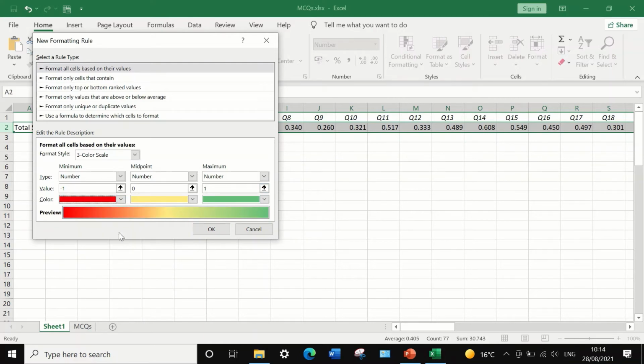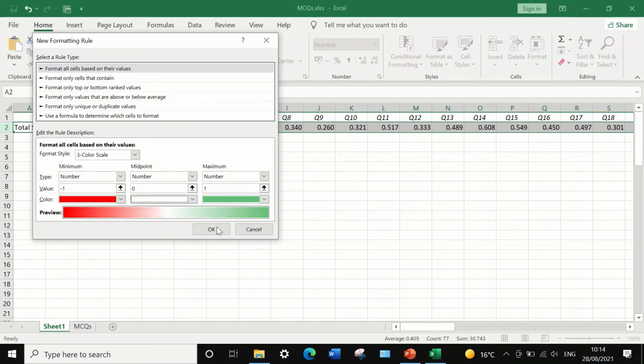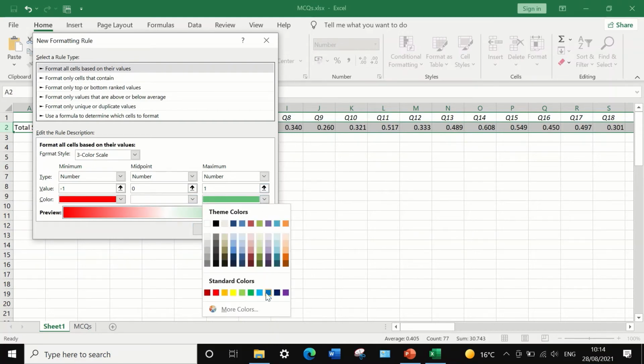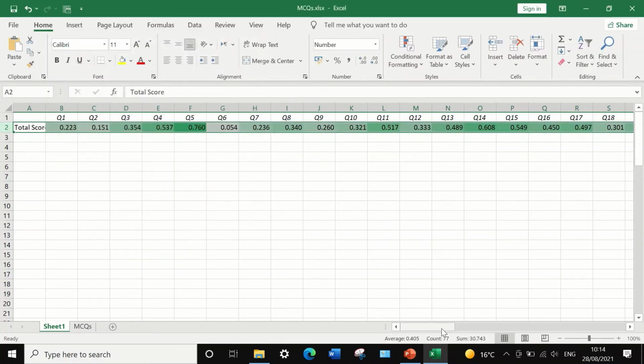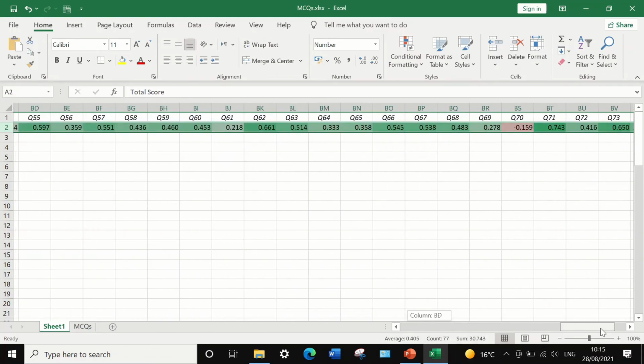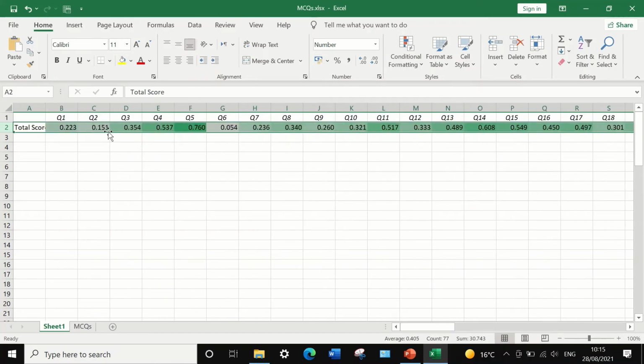And I'm going to change the color. For the minus, we need to make it red. For 0, I don't want to make it white, as this indicates no correlation. And for the maximum 1, put the color coded with a green. If I click on OK, again all these cells are color coded according to the value within them. As we can see here, the higher the value, the more greenish the cell will be,